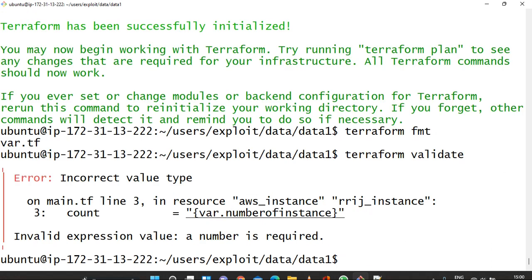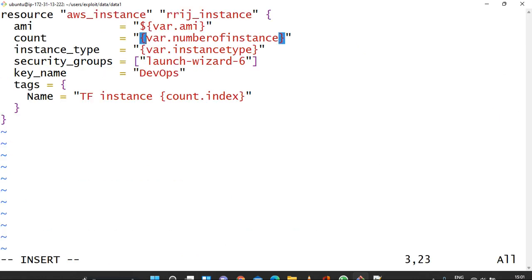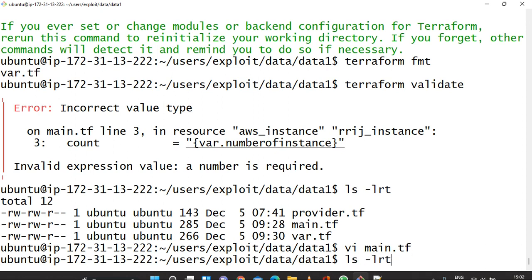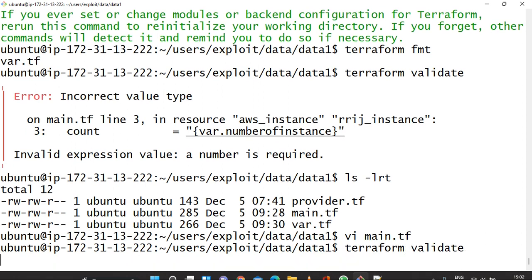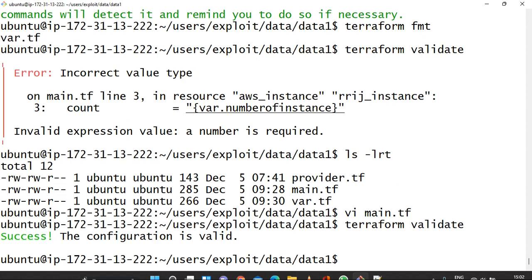Sorry guys, here it is showing an error.